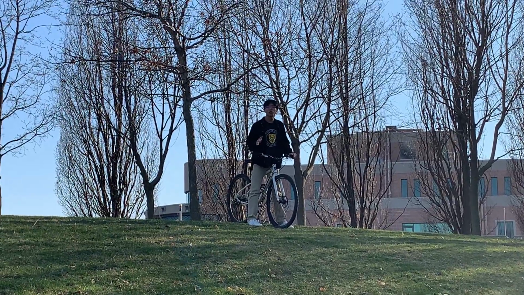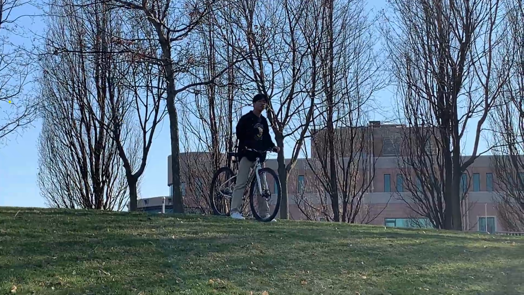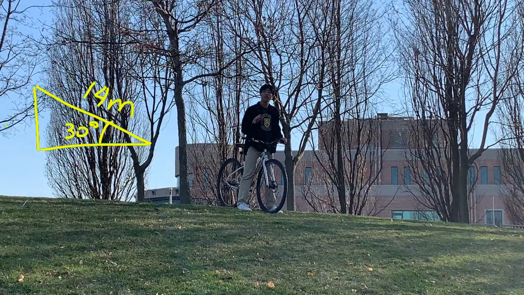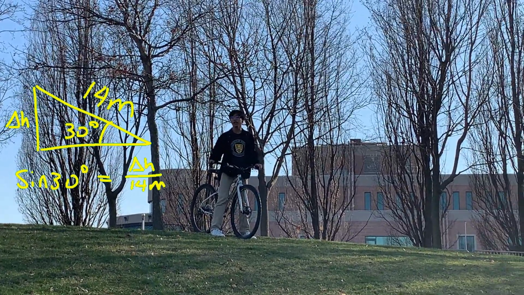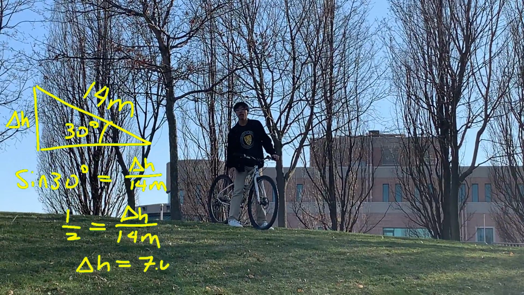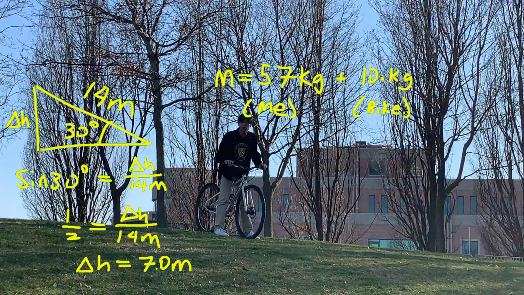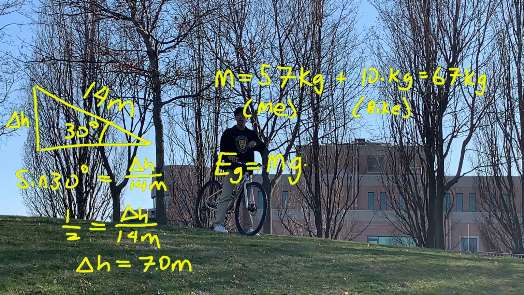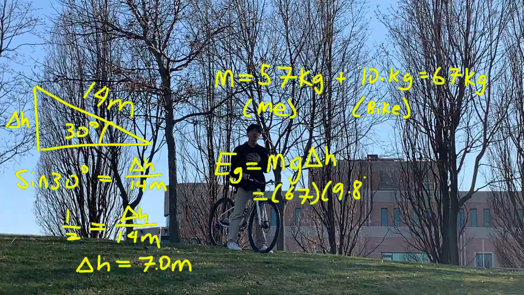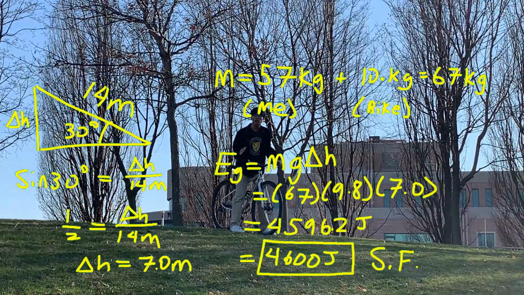Right now, I'm about to bike down this hill. The hill is 14 meters long and has an angle of elevation of 30 degrees, meaning that I am 7 meters elevated above the ground. My bike and I together weigh about 67 kilograms, meaning that right now we have a gravitational potential energy of